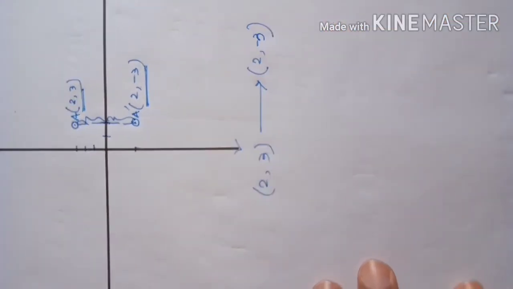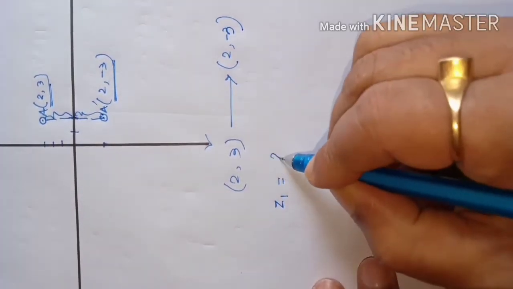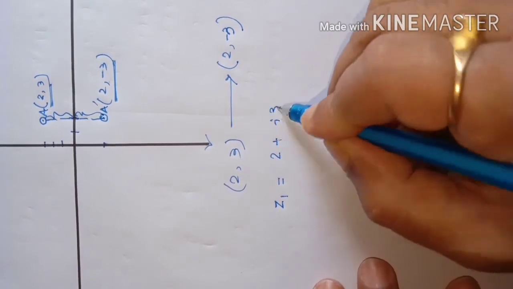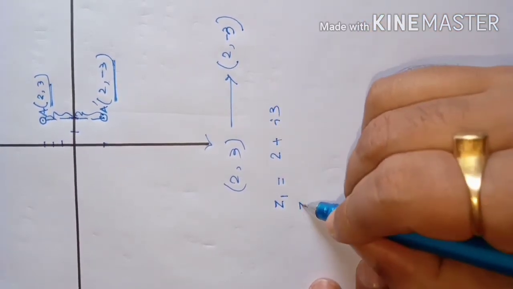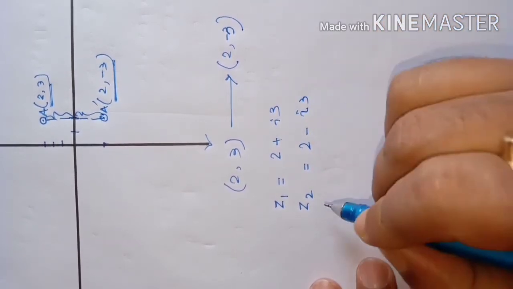Like that, think about a complex number. Say Z1 is a complex number 2 plus iota 3, and Z2 is another complex number which is 2 minus iota 3. Okay, then